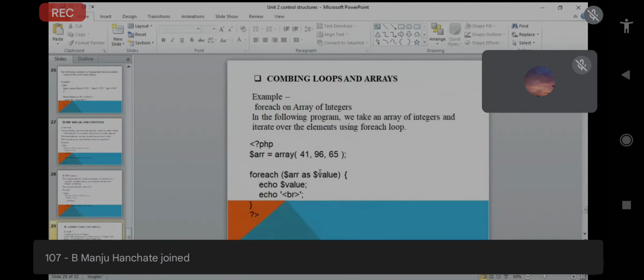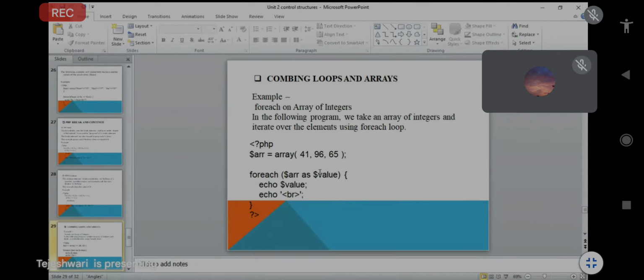But in this example we take an array of integers, and we know that whenever we declare an integer there are no quotes, no double or single quote mentioned. You can directly take the numbers as they are, because that is an array of integers. So open brace question mark PHP, and in this example I first take one variable, that is $arr.